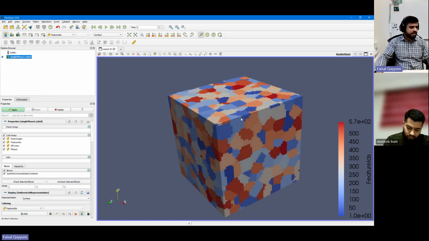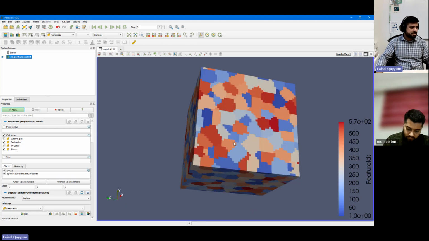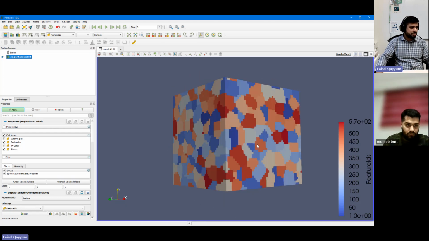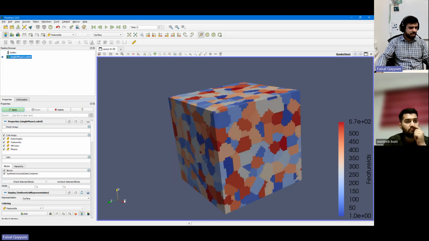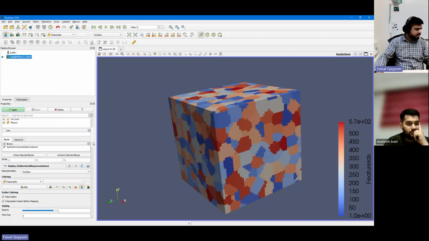And now we want to see their orientations according to the x-axis, right? And the x-axis in this case you will see is in this direction. So if we look at this from this perspective, from this face, what does their orientation look like? For that, what I have to do is